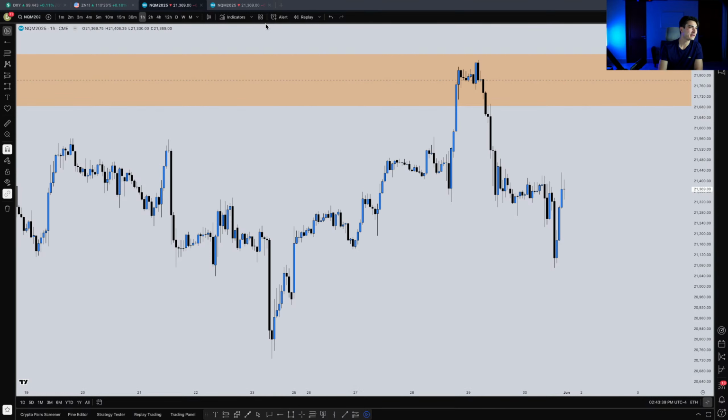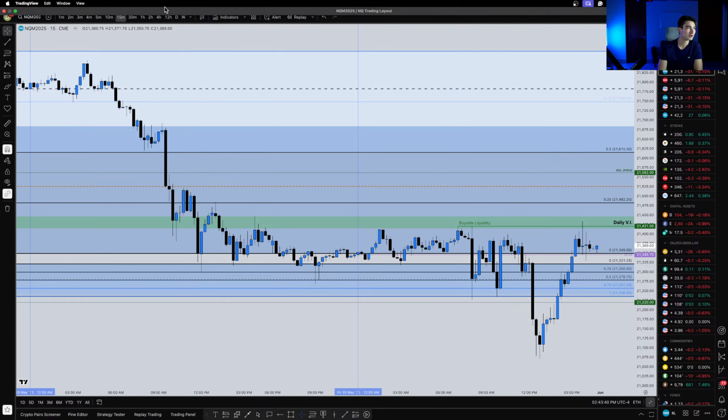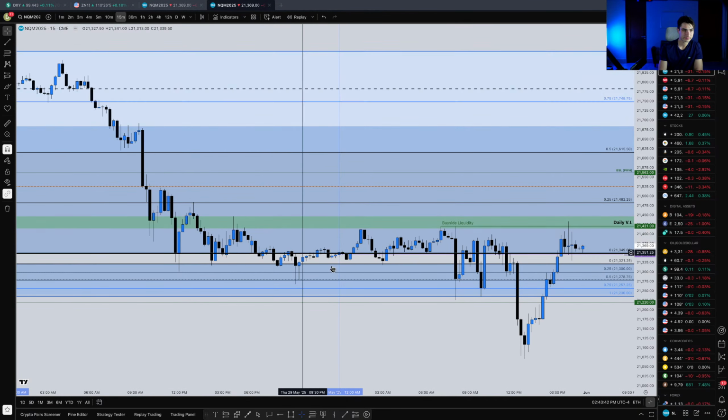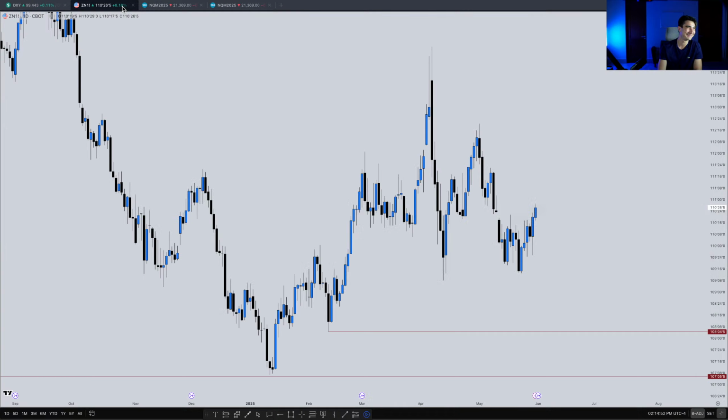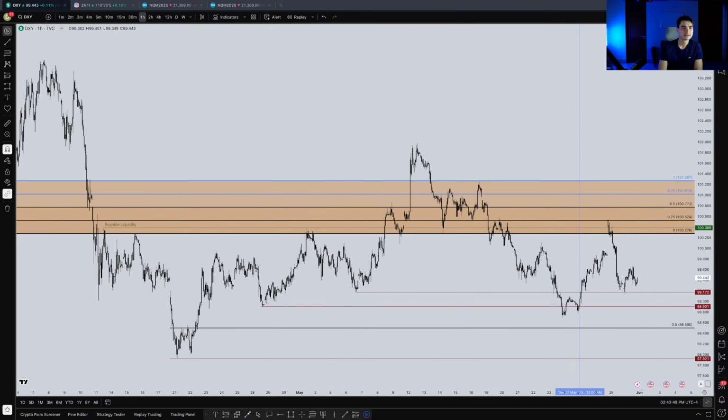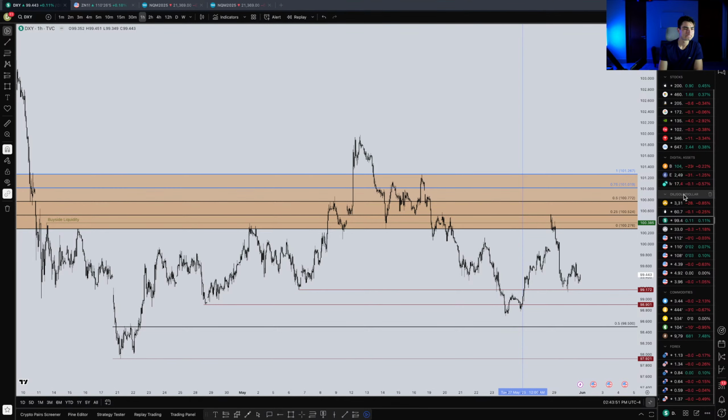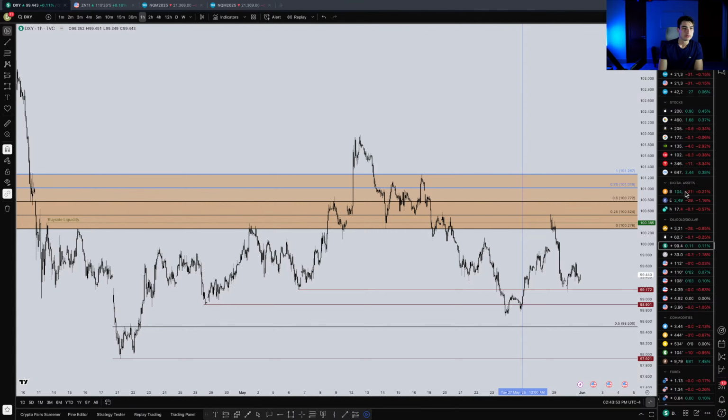Well, that's going to be it for me here today. Talked about non-farm payroll protocols. What I'm looking at here, you guys can see what my trading layout looks like. That's top secret, so I need to. So yeah, nothing else here. Let me see, make sure I'm not missing anything. Yeah, we're good to go.